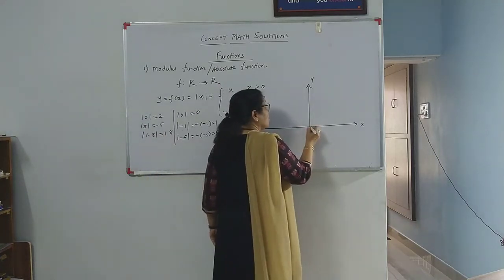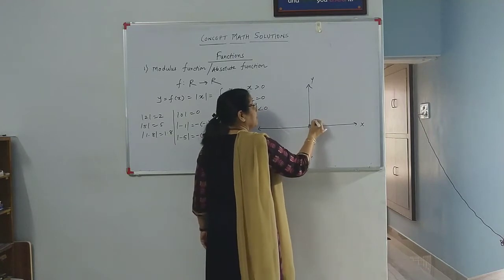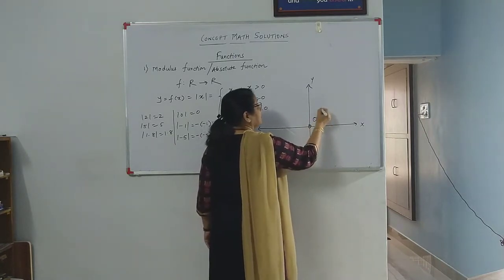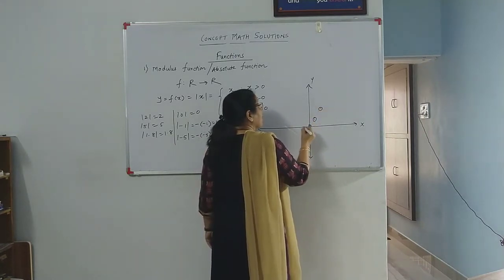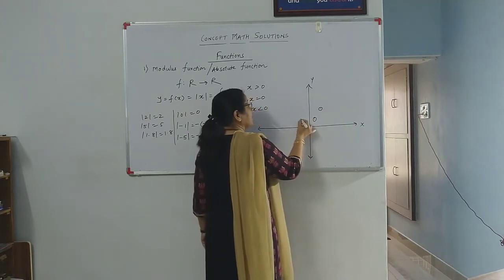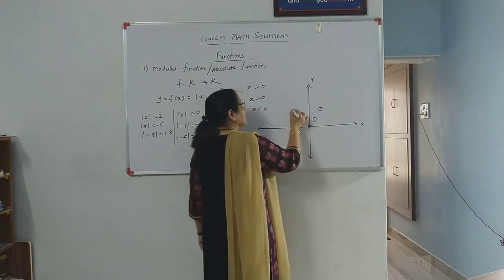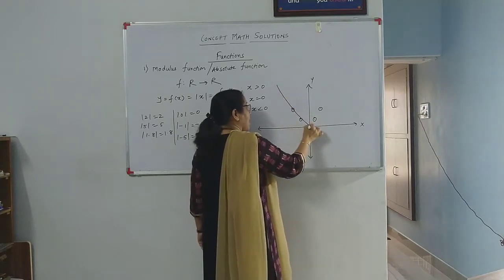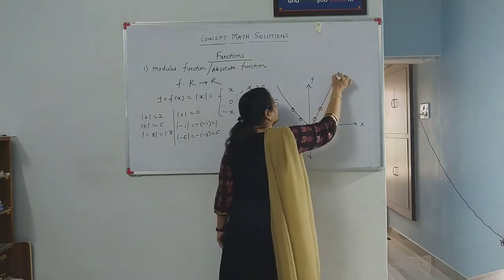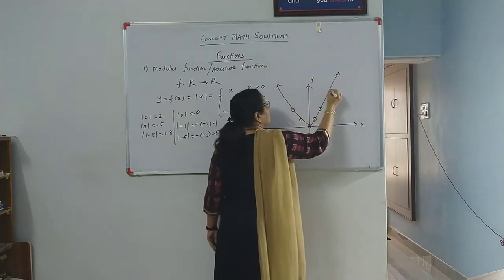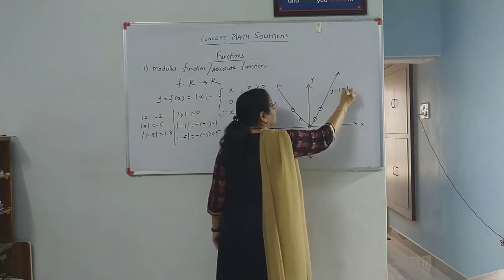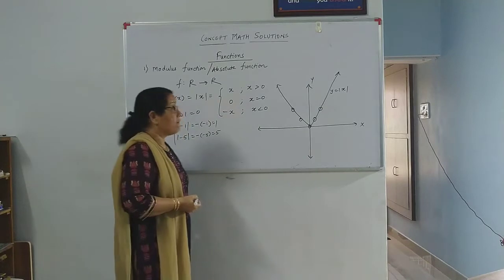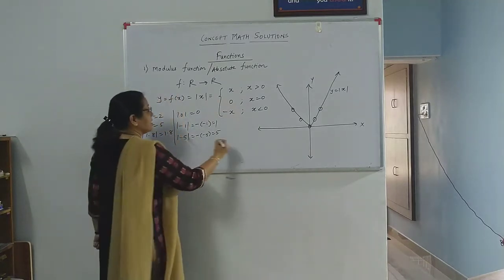For x is 0, y is 0. When x is 1, y is 1. When x is 2, y is 2. When x is minus 1, y is again 1. When x is minus 2, y is 2. And you get the graph of the modulus function to be like this, which is y equal to modulus of x, where the domain is real numbers,